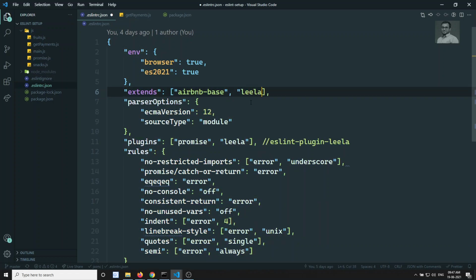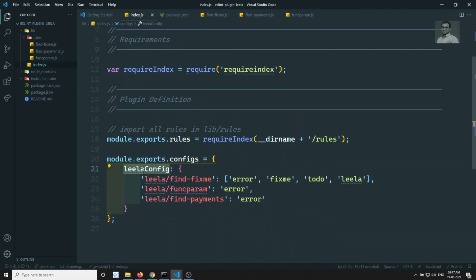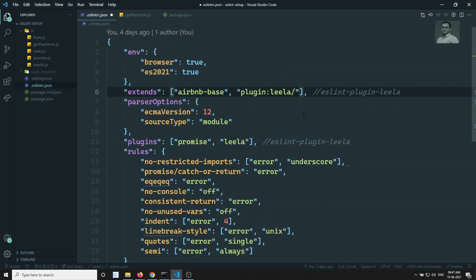Whatever configuration you add in extends, ESLint tries to find eslint-config-Leela. But this is not eslint-config-Leela, it is eslint-plugin-Leela. So in the prefix I need to add plugin colon, and then the config I need to load. The config is the one we named Leela config, so we copy this name and give it like this.